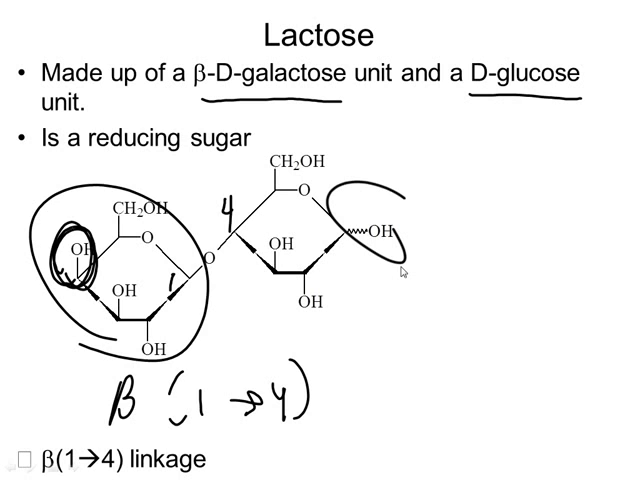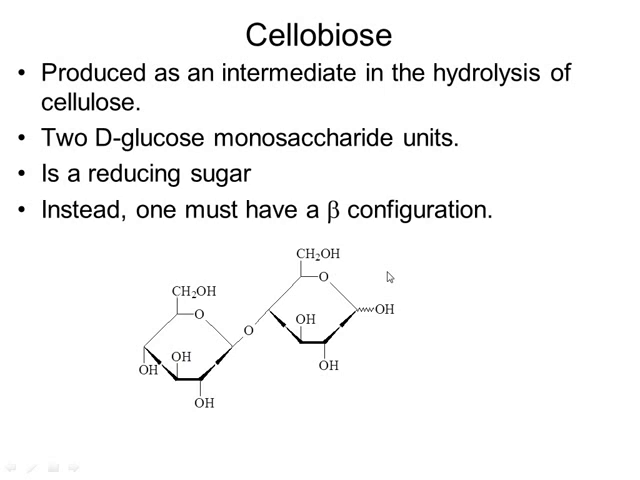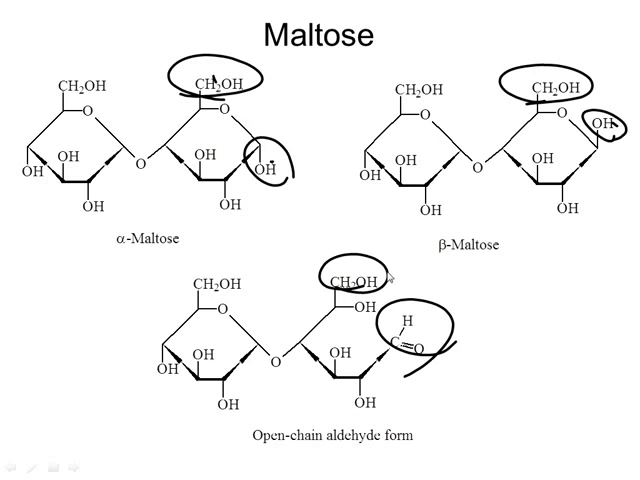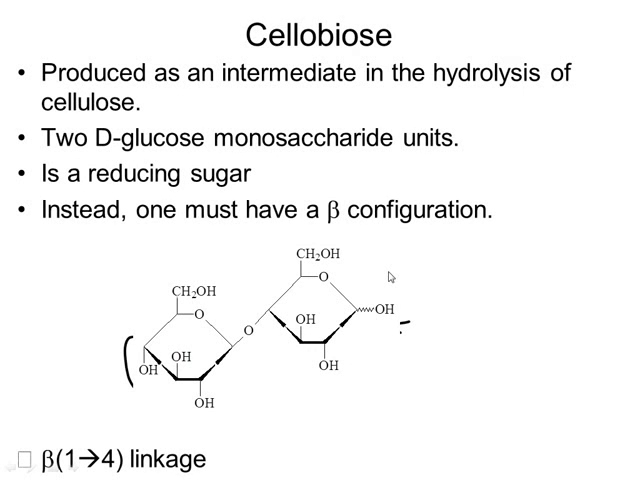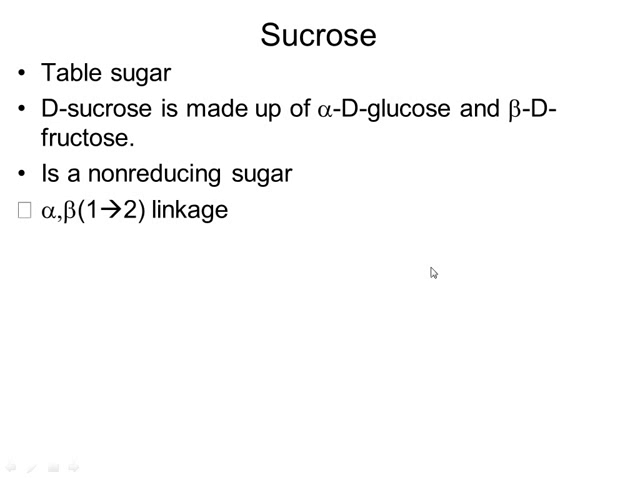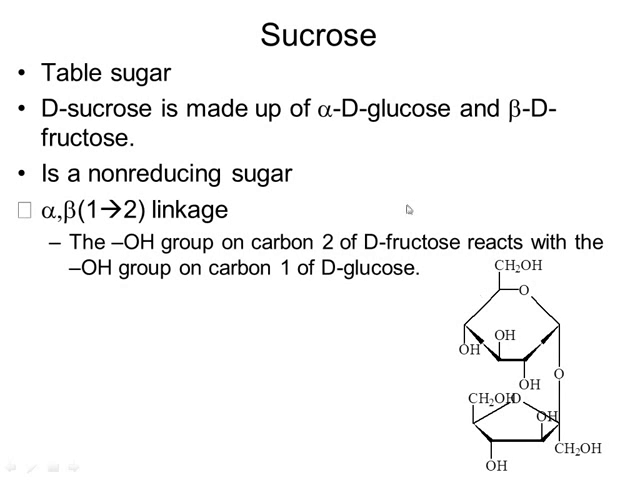I should also point out that because we have this alpha beta form and this possibility of an open chain because of the hemiacetal carbon in lactose and cellobiose and in maltose, these are all reducing sugars. Remember, a reducing sugar has the hemiacetal carbon. It has the ability to open. The one disaccharide that we're going to talk about that is not a reducing sugar is sucrose, table sugar. In its intact form, it's not a reducing sugar because the linkage, and also this is a big clue, the linkage is